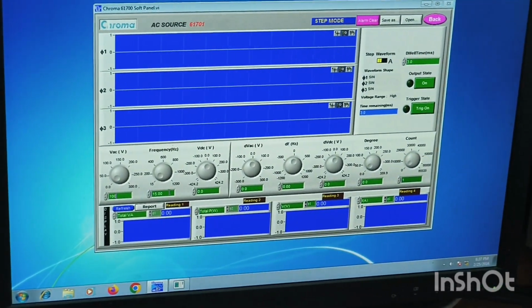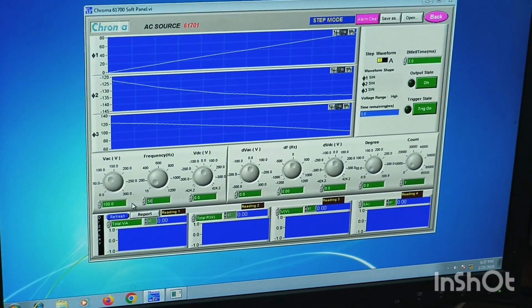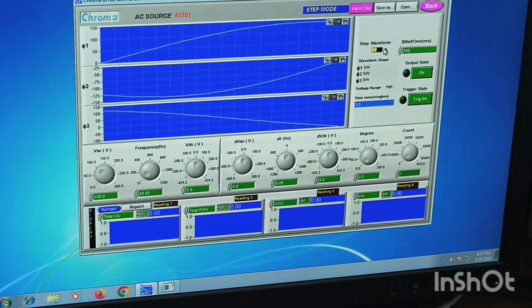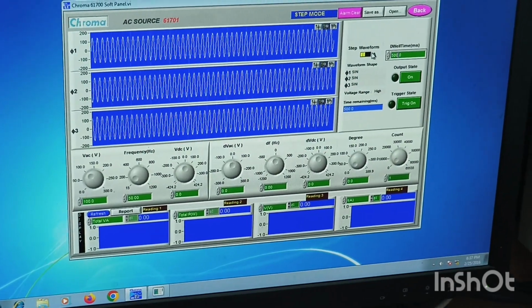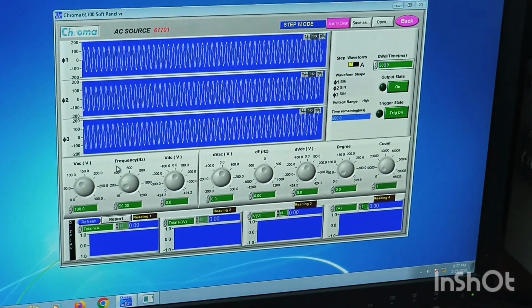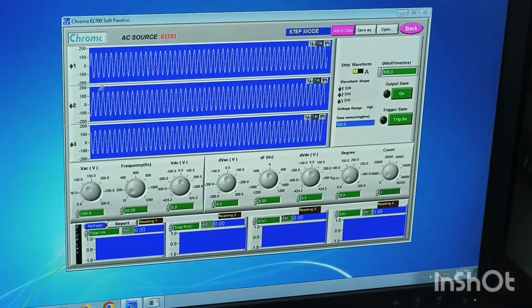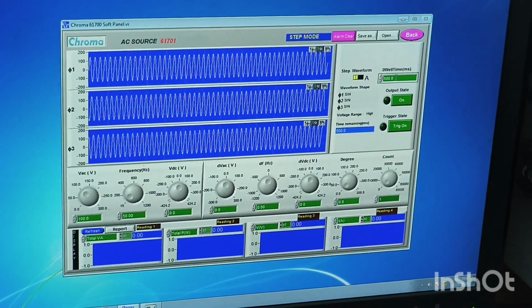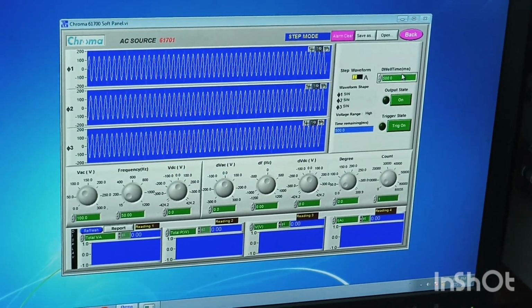I am setting 100 volt, frequency 50 hertz, and time duration 500 millisecond. The display itself shows magnitude 100, frequency 50, and the dwell time, the operating time, is 500 millisecond.